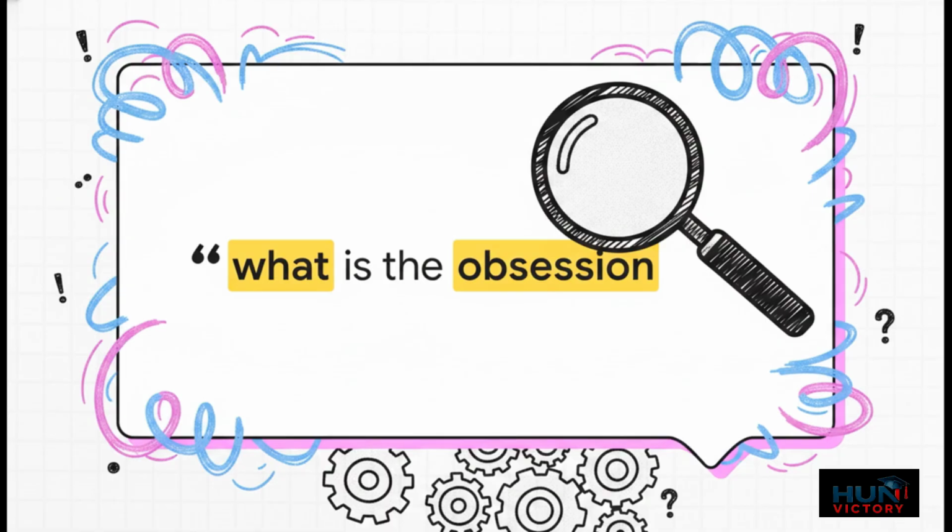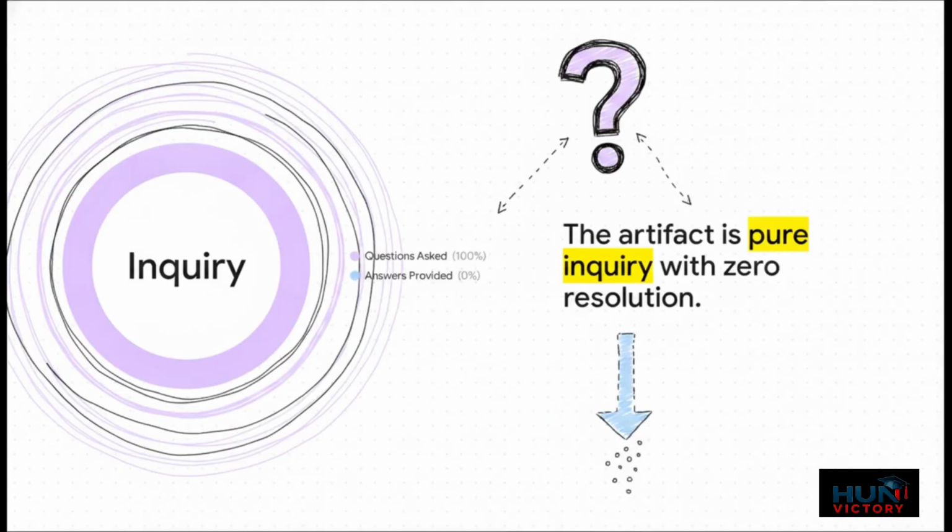self-contained universe of inquiry. To really grasp the structural reality of what we're looking at, we have to recognize that this artifact gives us 100% inquiry and exactly 0 answers. Think about that. The author gives us no safety net, no resolution, and absolutely 0 data to back up whatever it is they're investigating. They've just dropped this pure, unadulterated question right into the void. It's a super bold rhetorical strategy, and it basically demands that we, the readers, do all the heavy lifting.